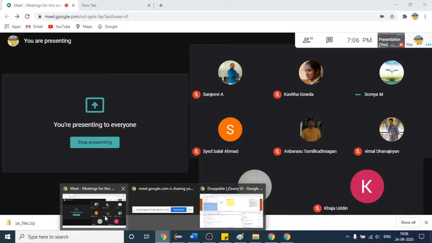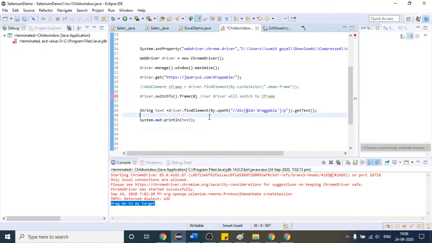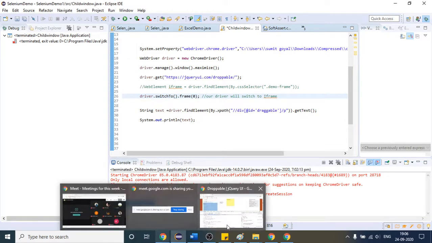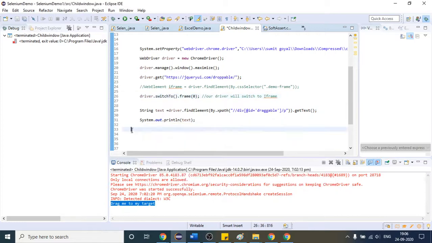So is it clear now, as of now? I will be using 0 only here, because we are doing an activity here. I'm saying that I have to drag this and drop it here. How am I going to do that? Again, we have to use the Actions class, not Action, it is Actions, and if I create its object with new Actions, inside that you have to provide your driver object. Whatever driver object you have created, you place inside that argument.